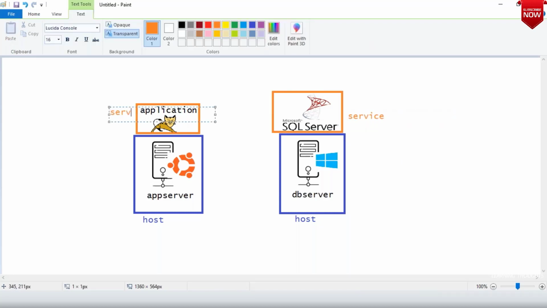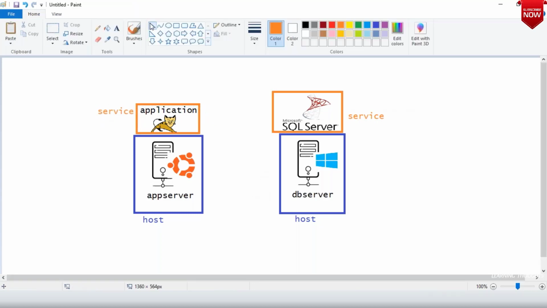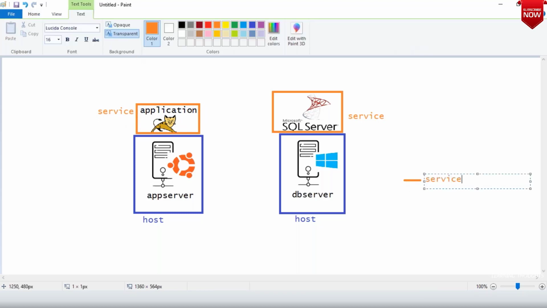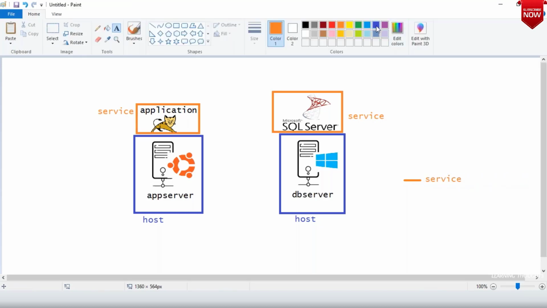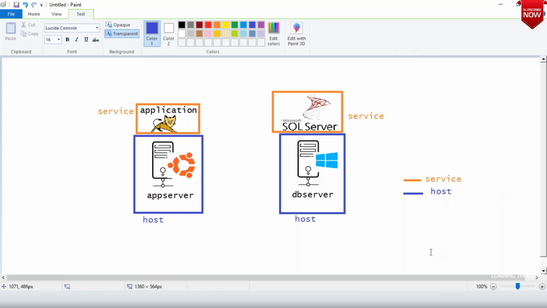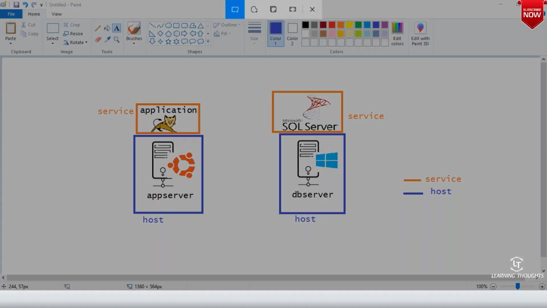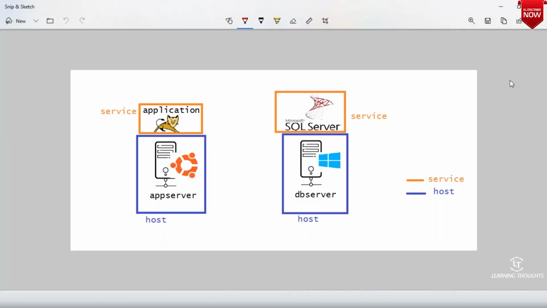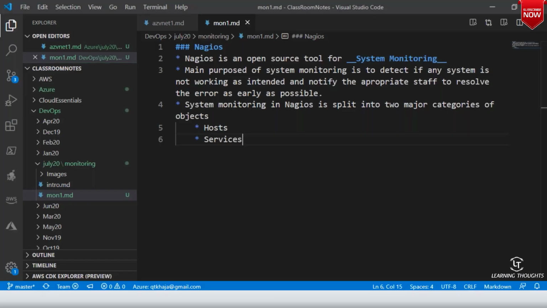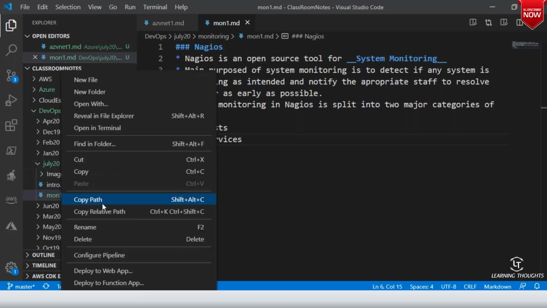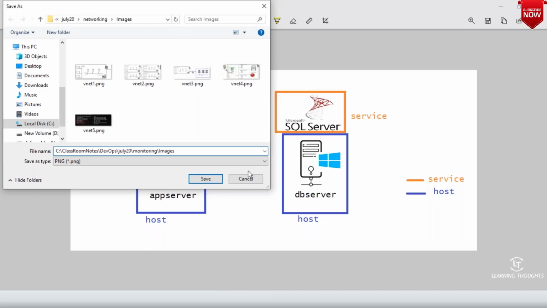This is your service, and whatever is enclosed in this blue stuff is basically my host. Okay, so let me take the image of it, save it.